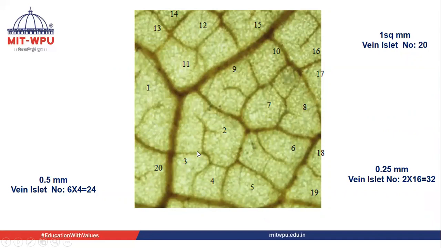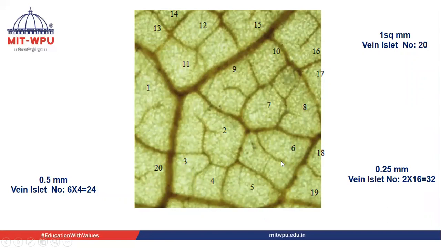Then this is again open. If we consider the second, this is a closed structure. This vein is not touched anywhere, it is terminated here. So this is the second islet. In case of the third, this structure is closed, so this is the third islet. Fourth is again closed. Fifth is also closed.